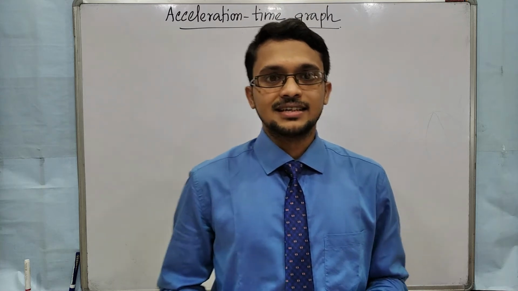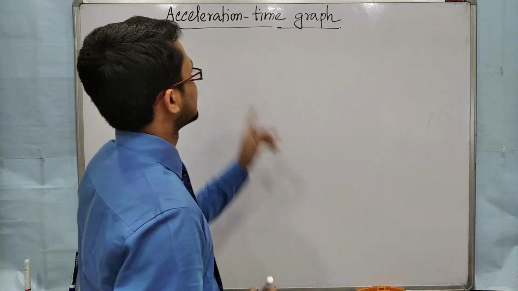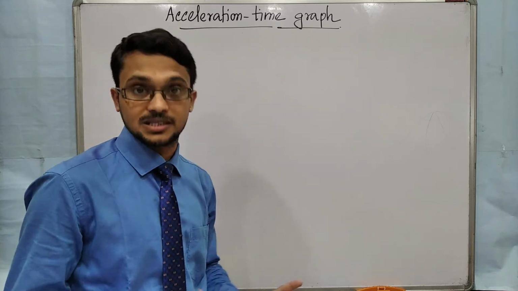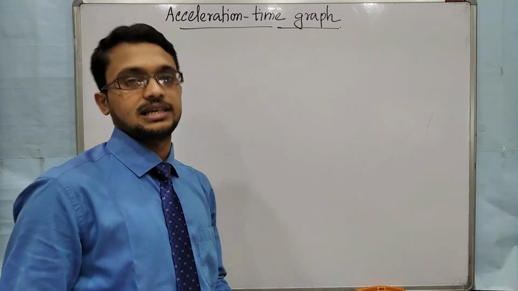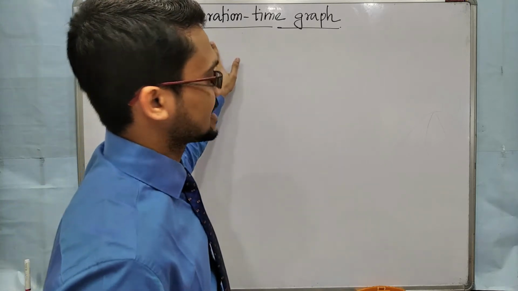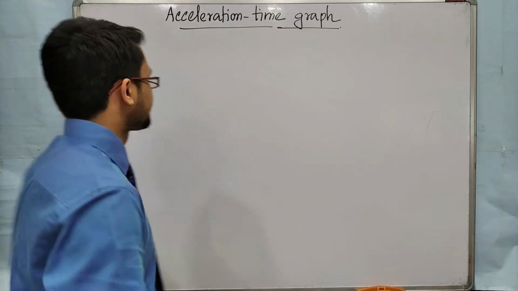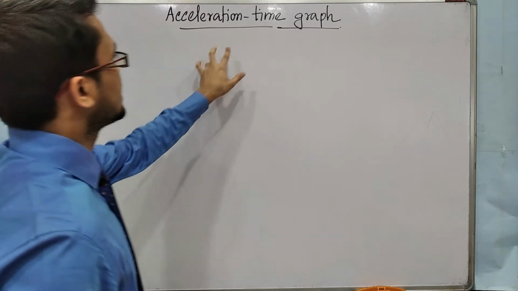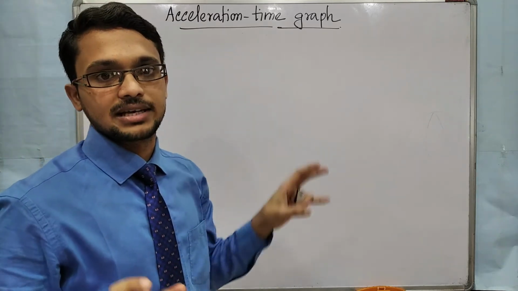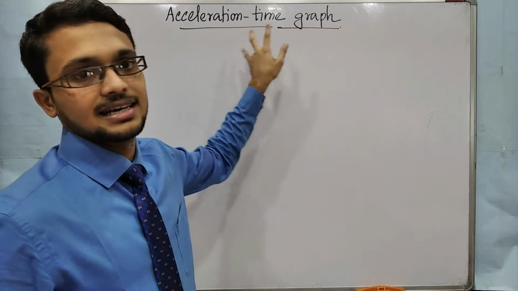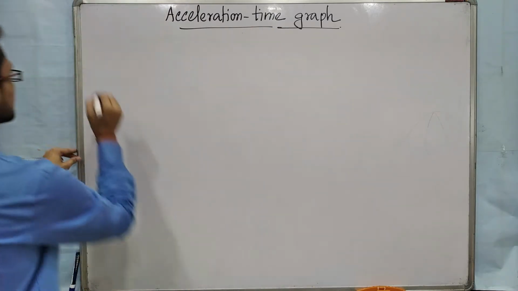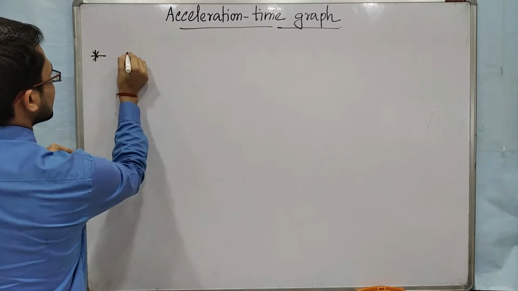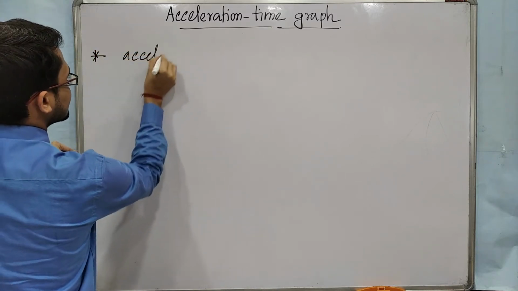Hello students. So in this lecture we will see the acceleration time graph. We have already discussed displacement time graph and velocity time graph. Now we will see the acceleration time graph. First we will discuss what physical quantity we can measure from this graph. The physical quantity that we can measure from this graph is the acceleration